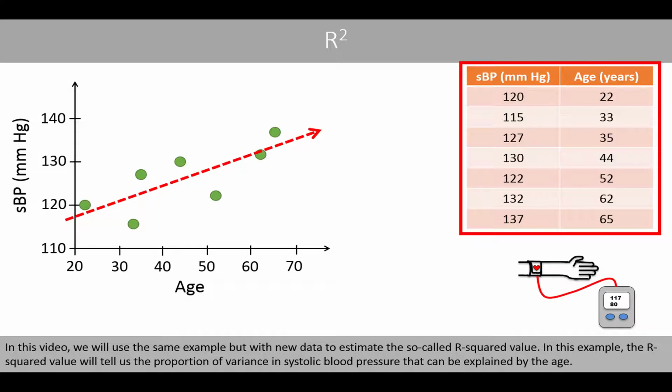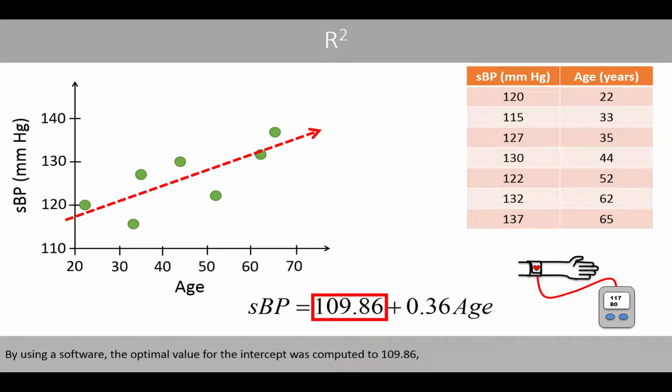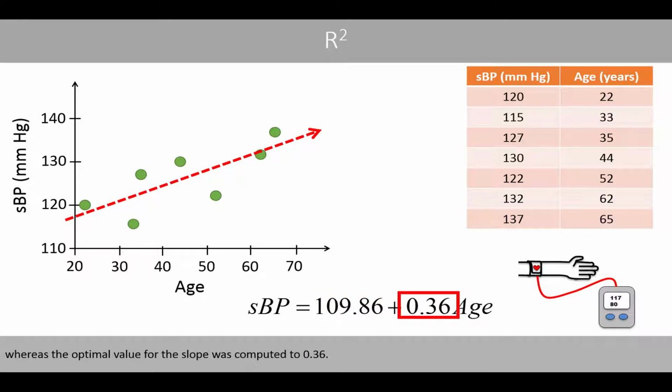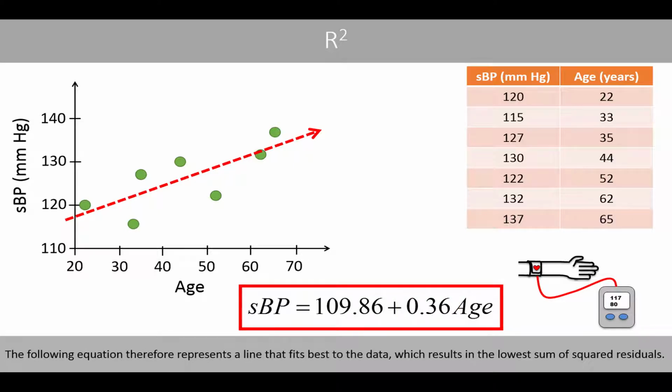by the age. By using a software, the optimal value for the intercept was computed to 109.86, whereas the optimal value for the slope was computed to 0.36. The following equation therefore represents a line that fits best to the data, which results in the lowest sum of